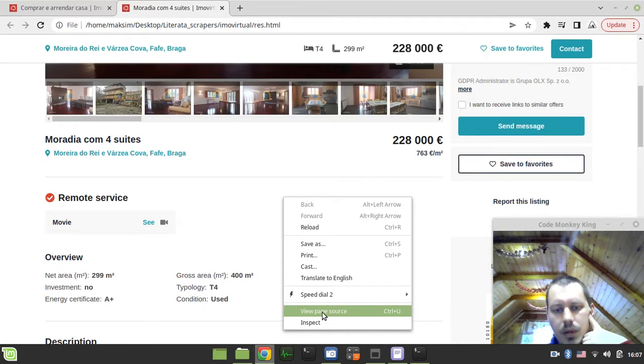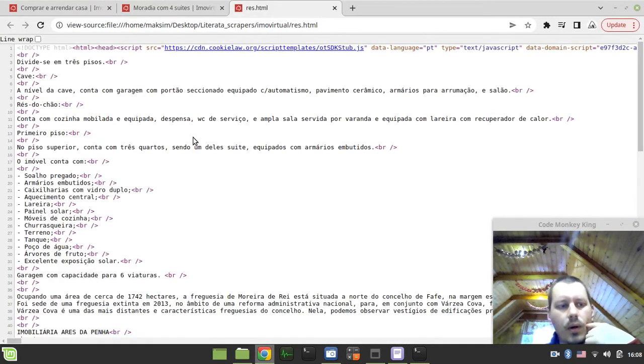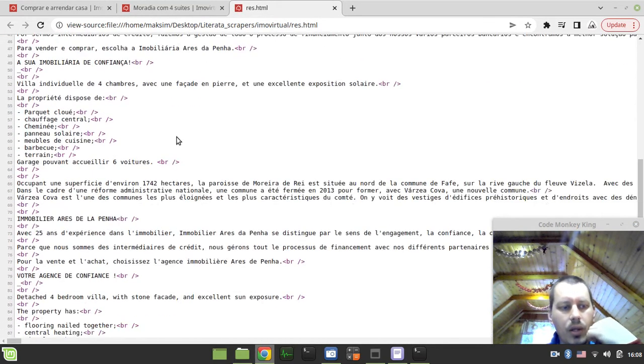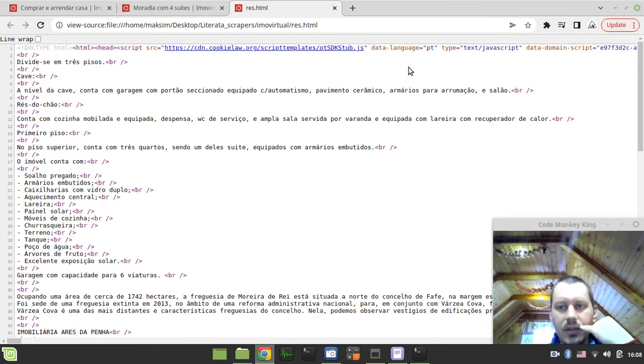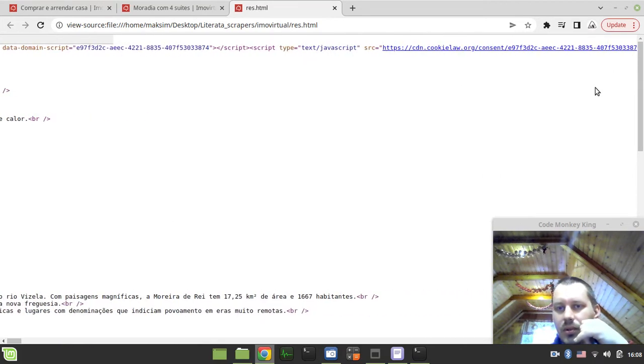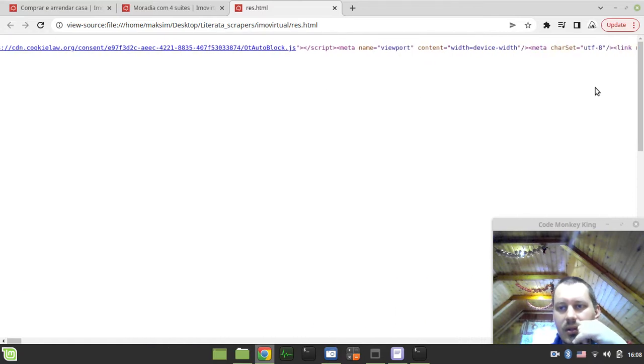So let's have a look at the page source. One of the scenarios might be... it seems like it's none of those scenarios that I was expecting, which is really interesting.